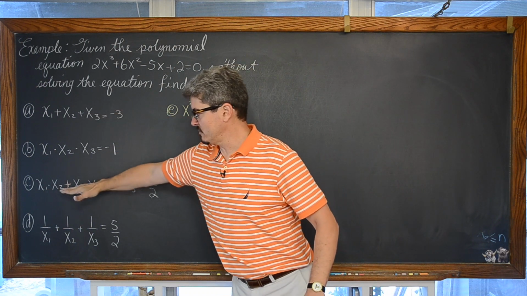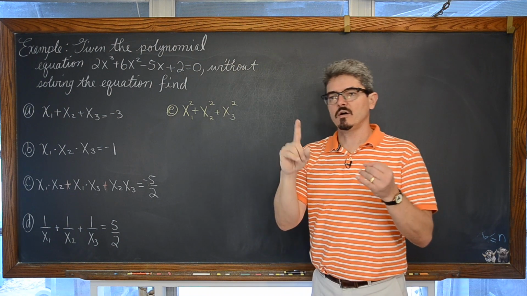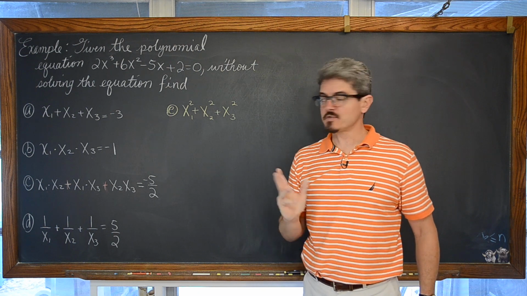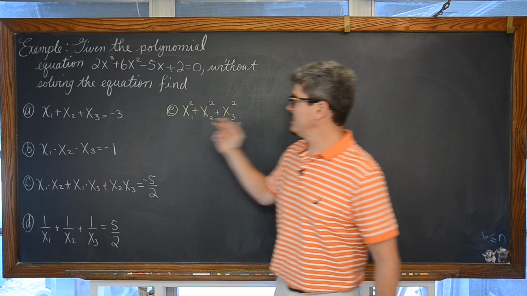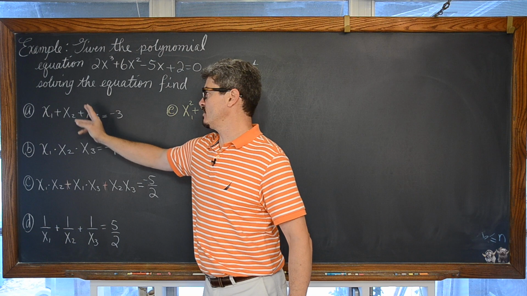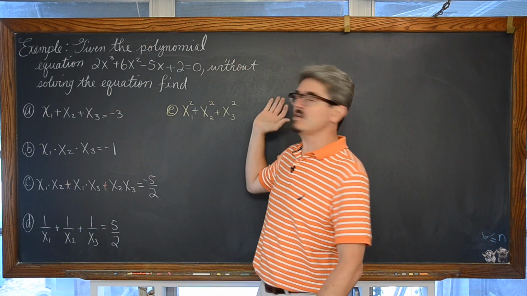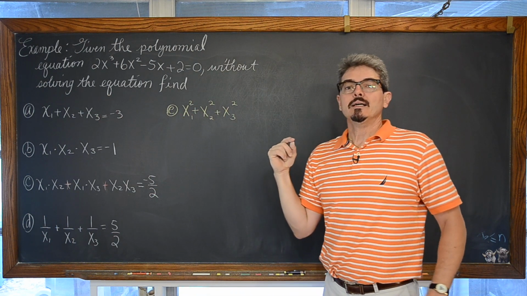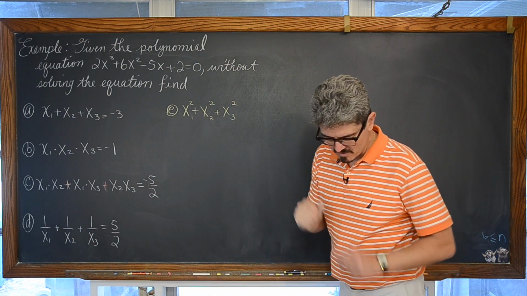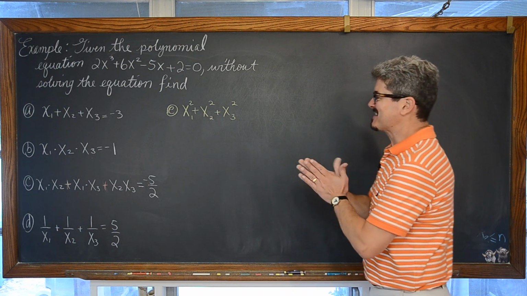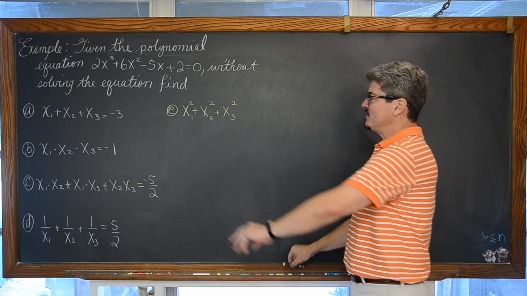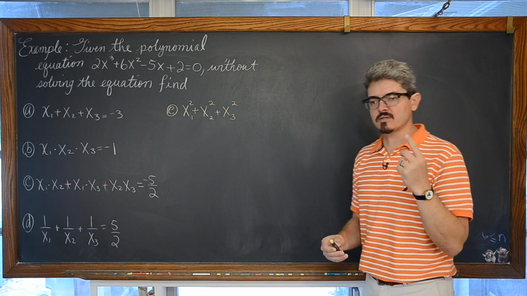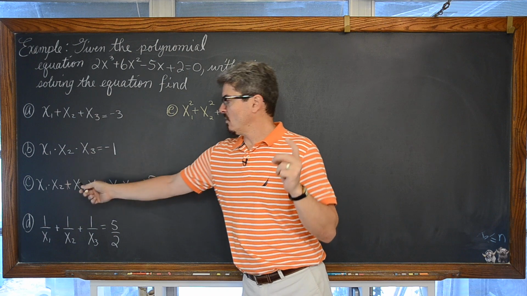I mean, look at all these parts so far. The sum and product of these roots have a power of 1, not a power of 2. So I can't just look at this and say, well, if x sub 1 plus x sub 2 plus x sub 3 is equal to negative 3, each of these terms has a power of 2, maybe this is just 9 because negative 3 squared is 9. No, it's not going to work, and let's hope it doesn't coincidentally come out to be 9. No, it's not 9.